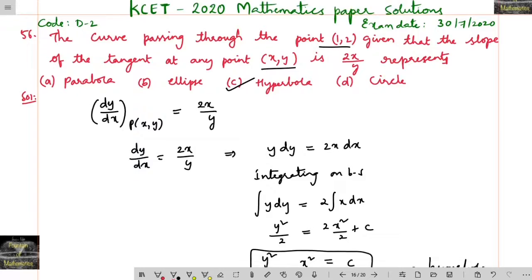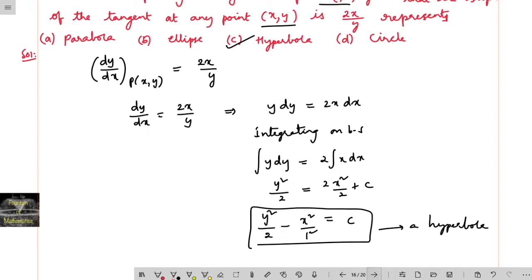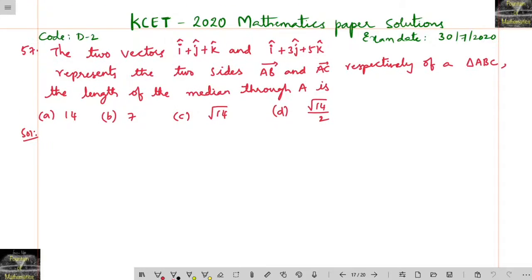Okay, the next question. The two vectors i plus j plus k and i plus 3j plus 5k represent the two sides AB and AC respectively of a triangle ABC. Then the length of the median through A. So let me draw the diagram. This is your triangle ABC,